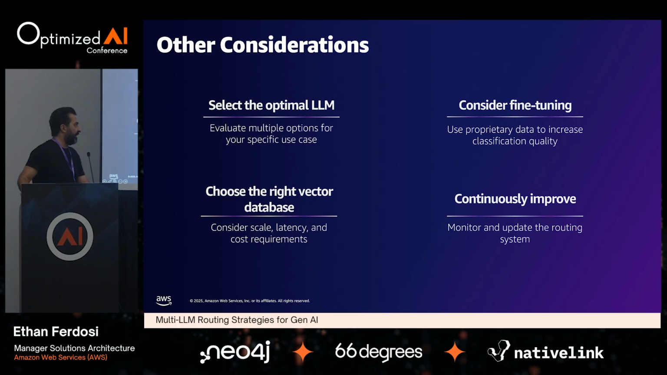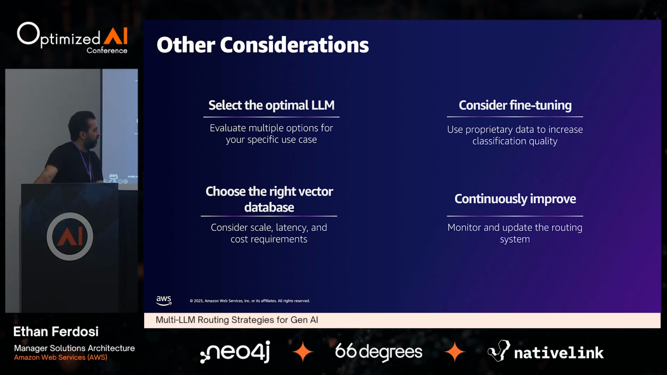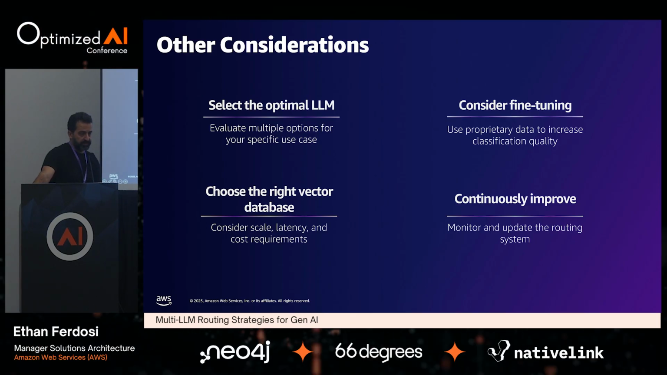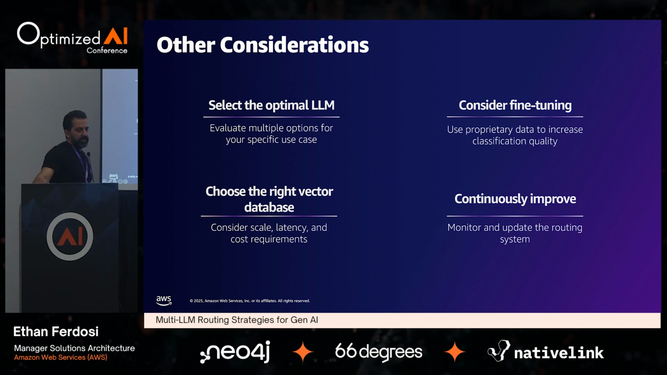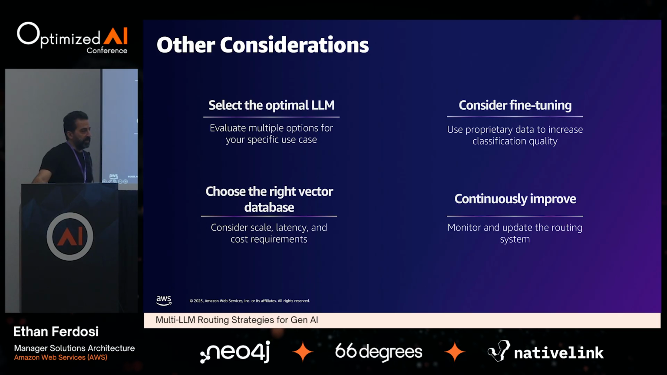So on top of these three methods that I mentioned, for any form of generative AI, multi-LLM applications that you want to build, there are different considerations that you have to take into account. First of all, you have to constantly improve and optimize your routing layer because the requirements change, your prompts change, your users might use different prompts, different wording. So it's very important to